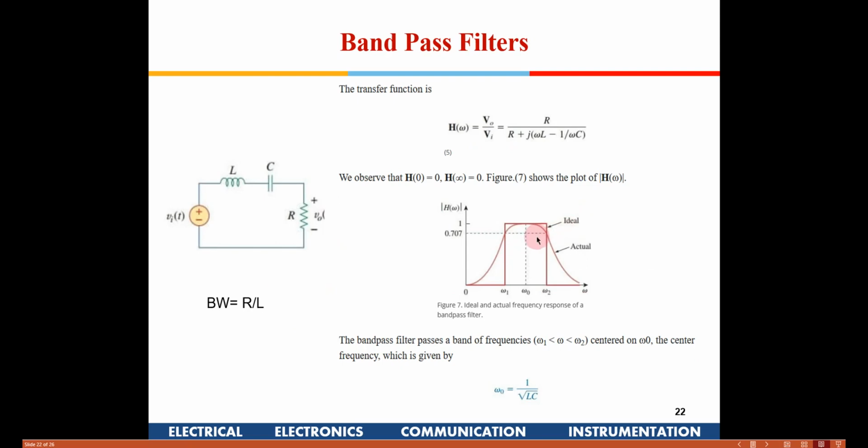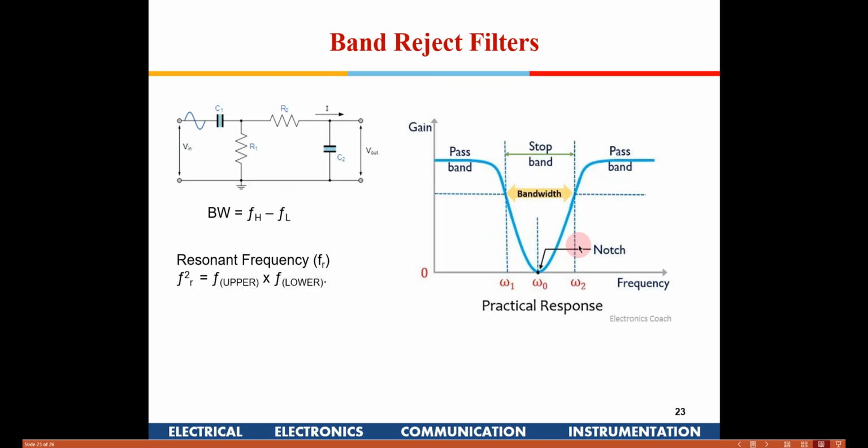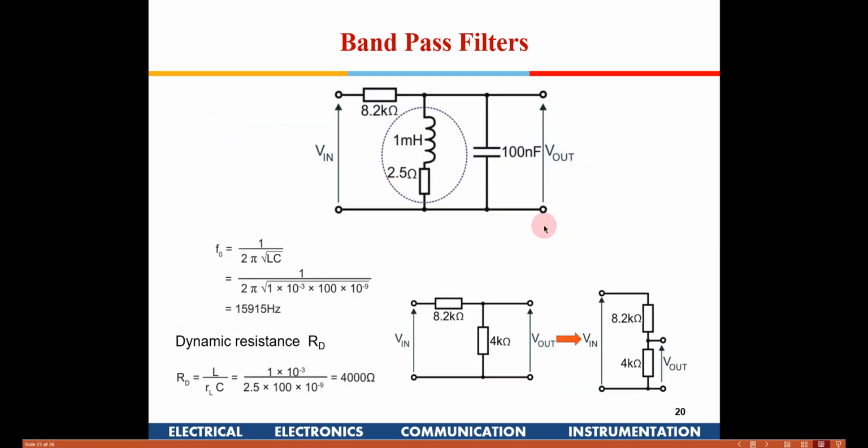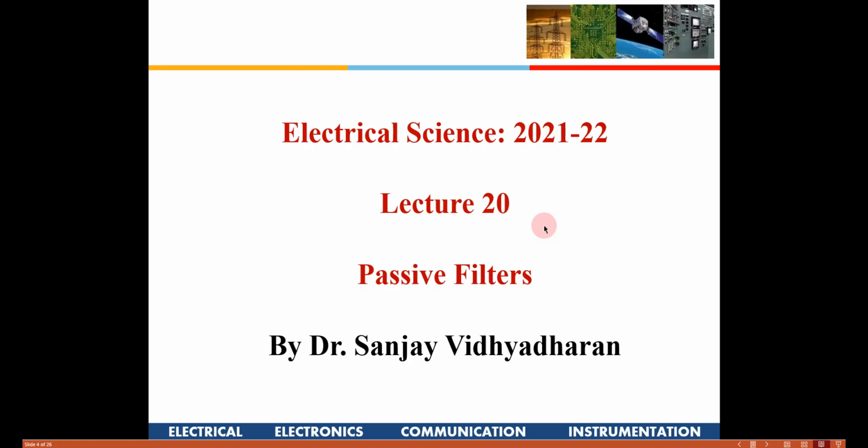But we didn't speak about what the response would be in the time domain when we give a step input. So to improve the time domain response, we generally have active elements in between, and then we have a lot of advanced filters like the Butterworth filter, which we will learn in the next semester. Okay, for this particular course you need to know these few things.